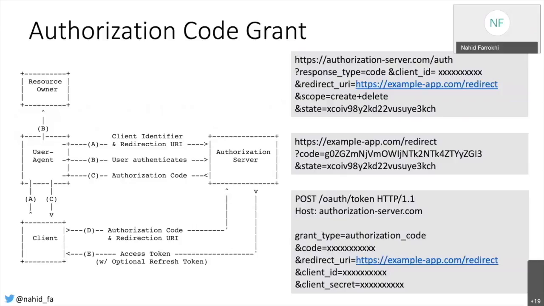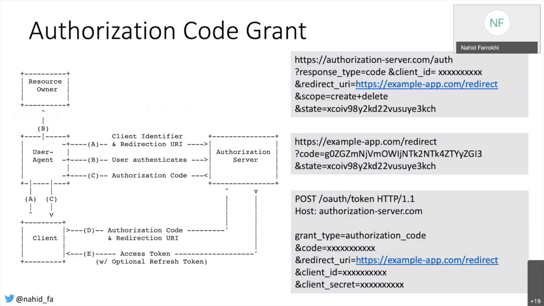What does it mean? This flow has two steps. The first one is in the front channel, which is less secure, and it is via, for example, a browser. In this step, there is a call to the authorization server, and it results in an authorization code, which represents the outcome of this